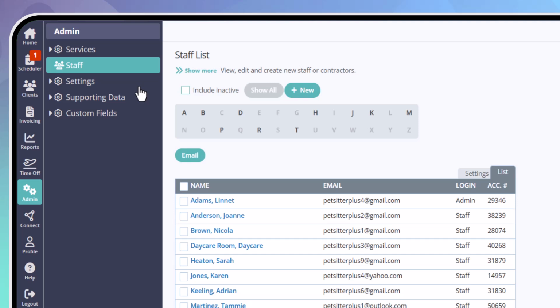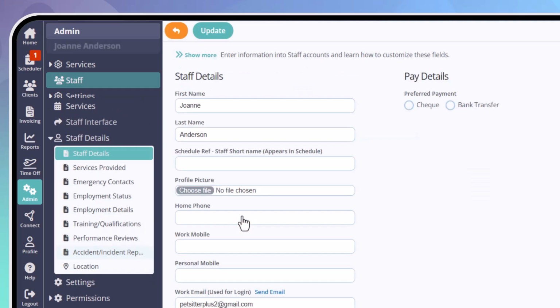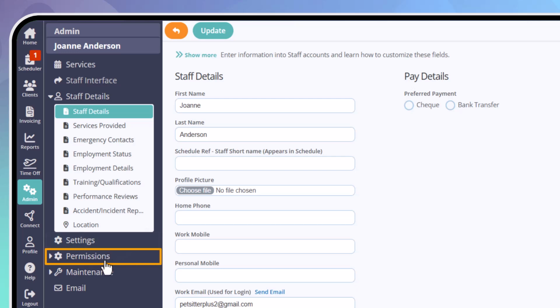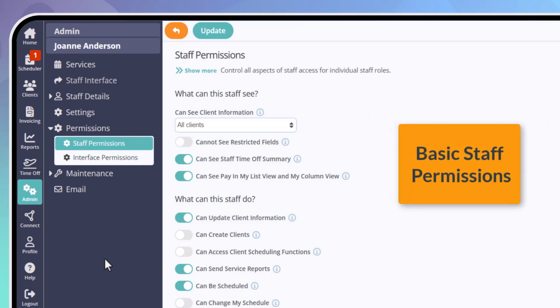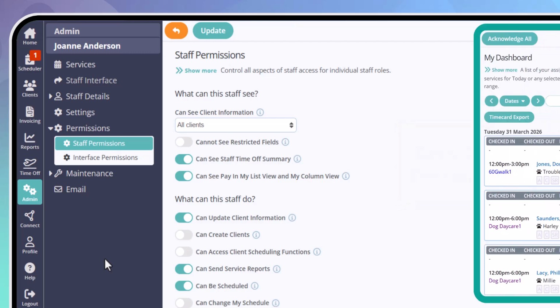To begin setting your staff permissions, click on the staff profile you wish to set basic staff permissions for. Select Permissions in the sub-menu, then click Staff Permissions. Staff permissions control which functions your team members can view or edit. When you add a new staff profile, permissions are automatically set to a restricted access level. This allows the team member to view only their own scheduled services,